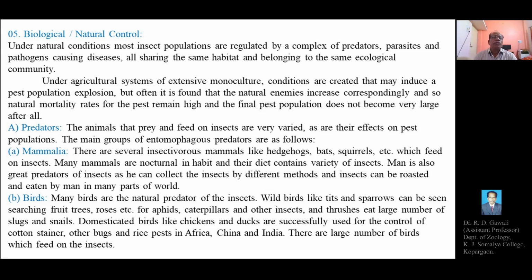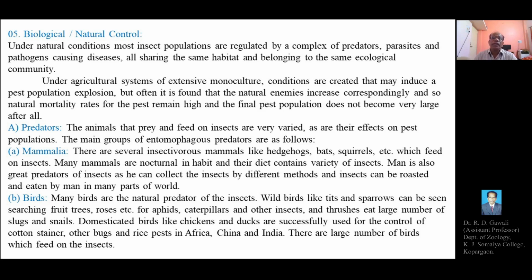for the control of pests. Under natural conditions, most of the insect populations are regulated or controlled by a complex of predators, parasites and pathogens causing diseases. And all these biological agents, that is predators, parasites or pathogens, are sharing or utilizing the same habitat and belonging to the same ecological community. So, under natural conditions, whatever the